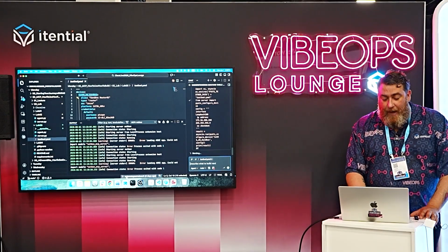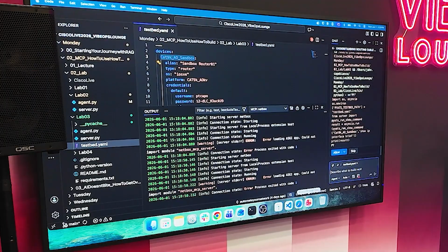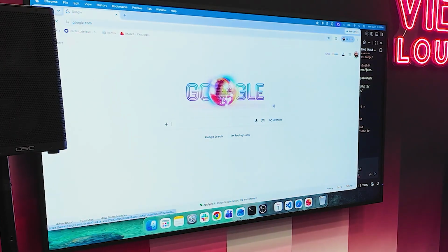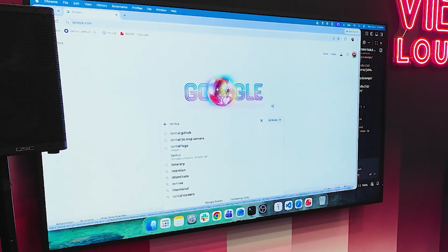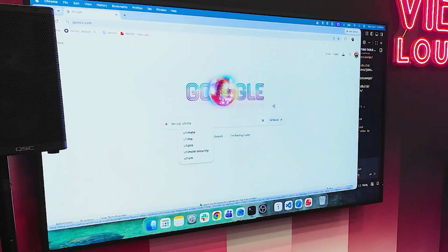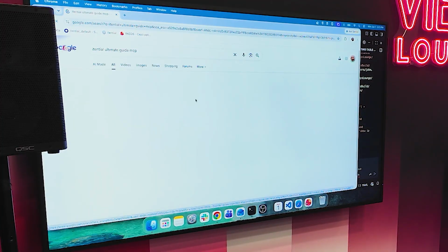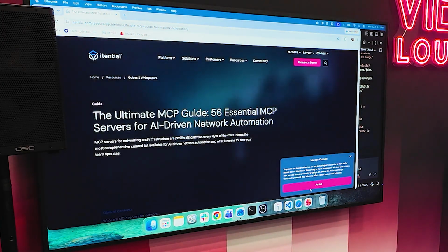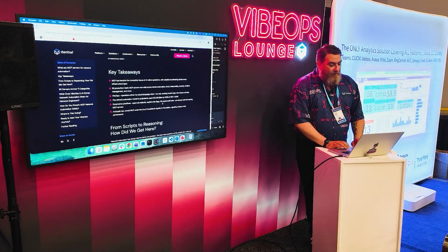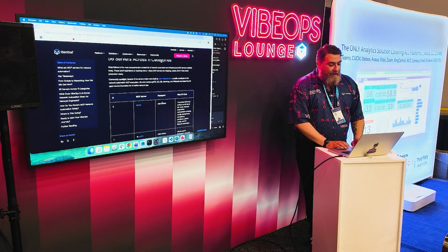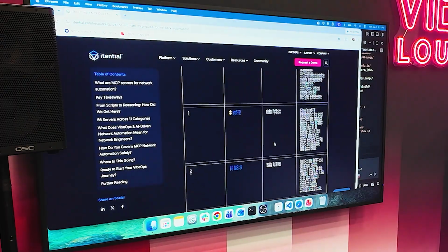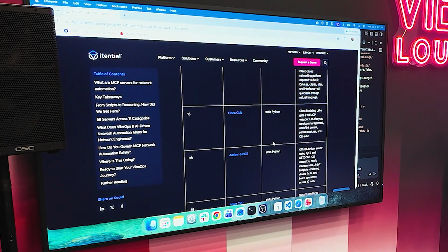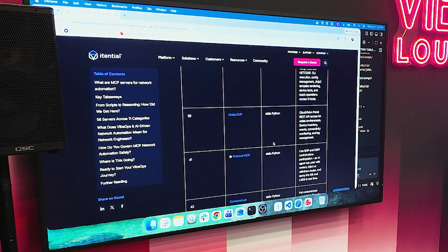So if you want to go shopping for MCPs, again, we have that ultimate guide to the MCPs. Let me just give you a rough idea on what's out there. Itential Ultimate Guide MCP: 56 essential MCP servers for driving automation. And we break it all down into groups. So Itential, PyATS, F5, Catalyst Center, Cisco CML, Junos, Arista CVP,